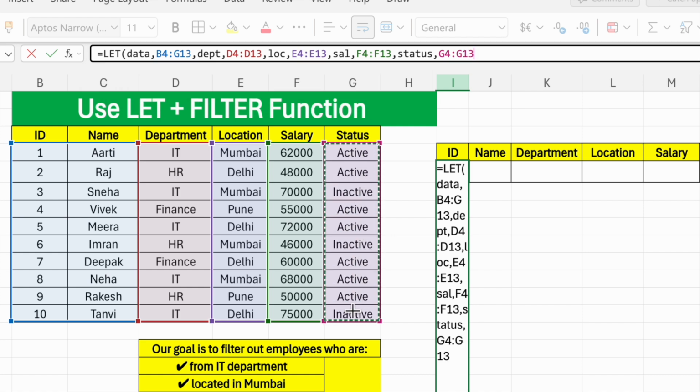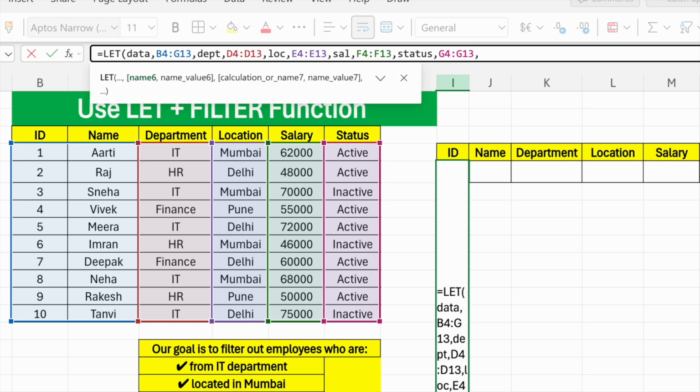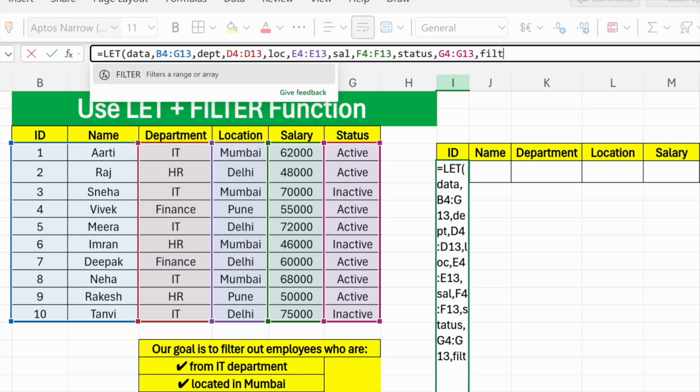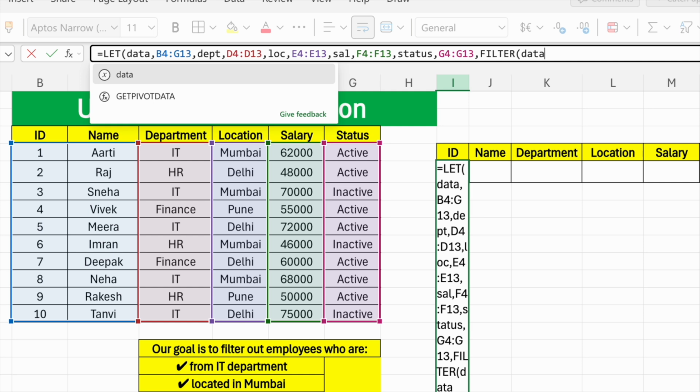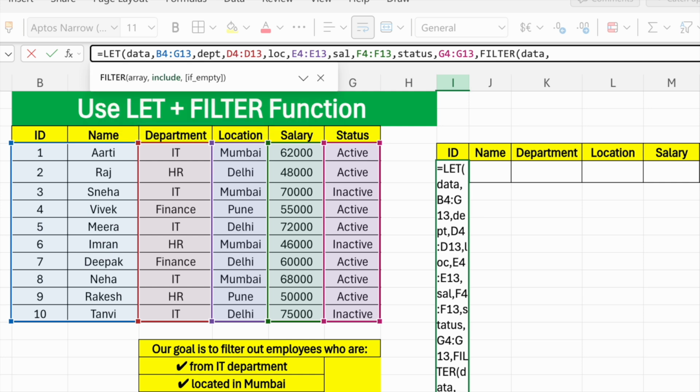this one. Okay, now we have defined, and it means that we have told the Excel which is data, which is department, which is location column, which is salary column, which is status column. Now we are going to filter out, so just use FILTER function. Now click on here, filter range. Then so we want to find out data, so you have to enter data, comma,